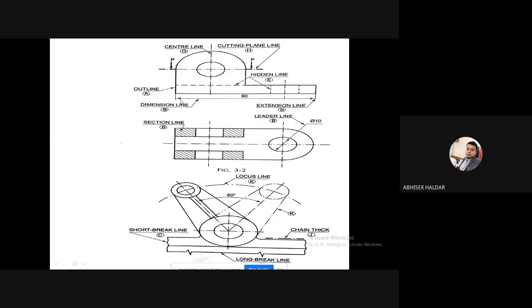You just draw a horizontal line in between the two extension lines, and above it, in the middle, you write the value in terms of millimeter only. So that this dimension can be shown. And here this section line, again I will show you, through which if I cut any object, a section will pass through that surface. Only those surfaces will be denoted by this type of hatching lines, these inclined lines. Those are called hatching. I will discuss that when I discuss the sectioning of solids.